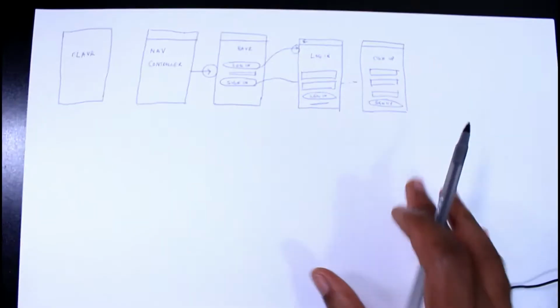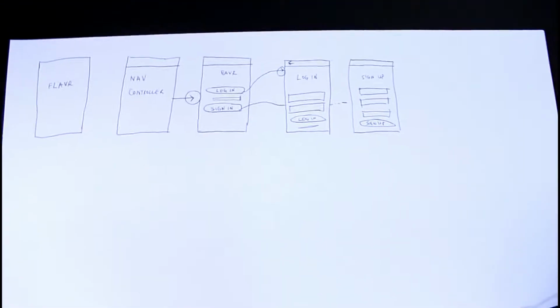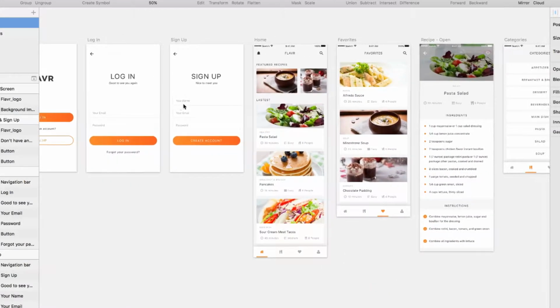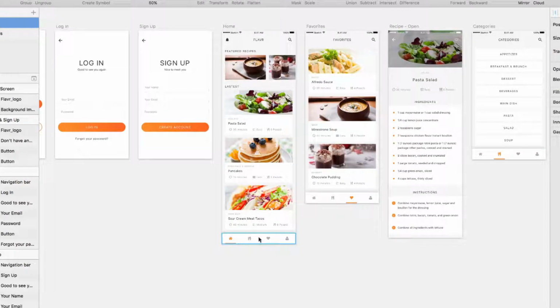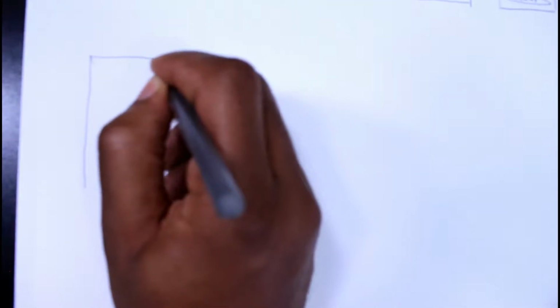So next we're going to have a tab bar controller, and this tab bar controller is the one, let me show you guys. Remember, it's this tab bar right here. So that's a tab bar controller. So this is the tab bar controller here. So we have a tab bar controller like this,